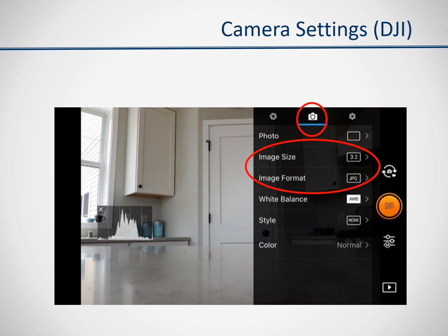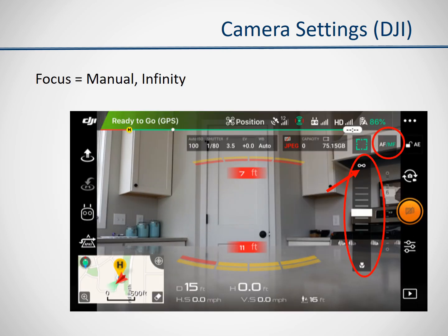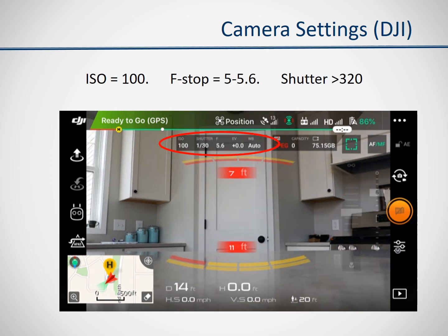So in your camera settings, you can set that image size ratio. There's my 3:2. You want JPEGs for these. Most of this software will only take JPEGs, not RAW. And that's in settings. For the majority of the sensors, particularly the P4 and the X4, which are very common with mapping projects, you want to go to manual focus and set your sensor to infinity focus. That gives you the best focus for these high aerial shots. And then you also want to make sure you're in manual for your